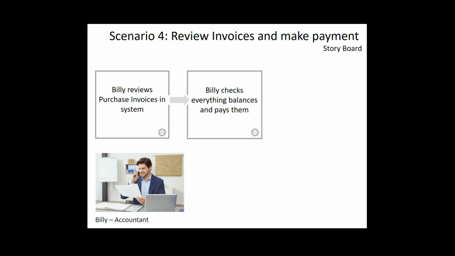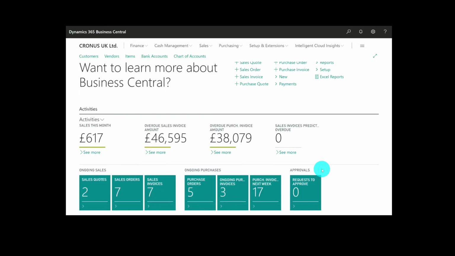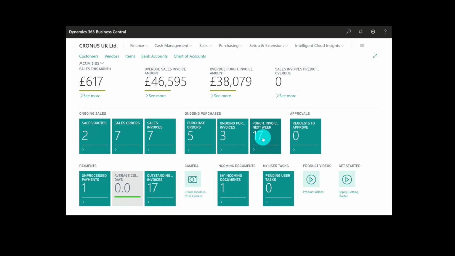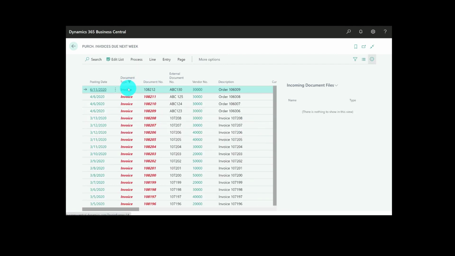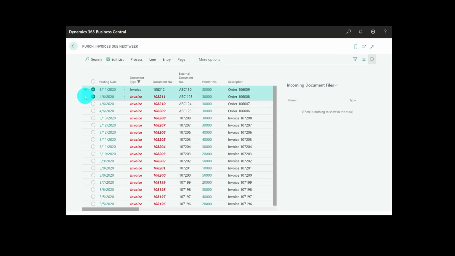Our next scenario is to look at another aspect of the system, which is to look at purchase invoices and get them paid. So Billy, who works in the finance team, is using these information boxes here to see the next activity that he wants to do. So he's picked up purchase invoices that are due shortly, and we've got 3 here that he wants to pay via electronic bank transfer. So he collects those,